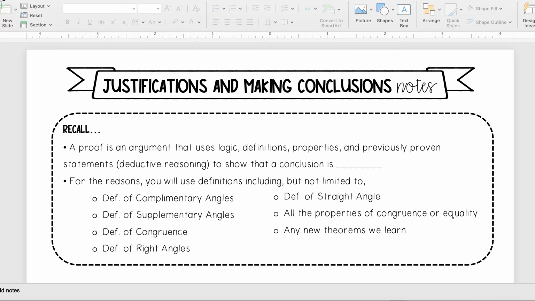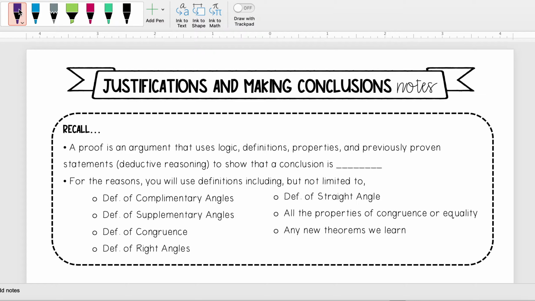Hello everyone, today we are continuing the discussion on proofs with justifications and making conclusions notes. So now we're taking it even a step further. We're going to remove some of those algebraic proofs that we see and look more at these statements that deal more with the definitions that we've been using. So definition of complementary angles, definition of congruence, definition of right angles, and so on. And so again, a proof is an argument that uses logic, definitions, properties, and previously proven statements to show that